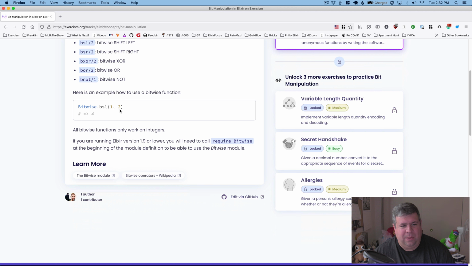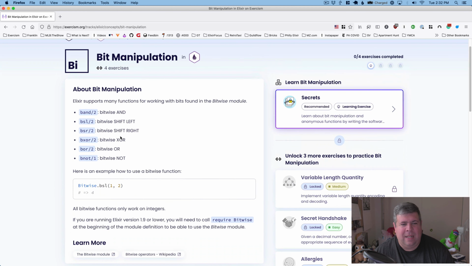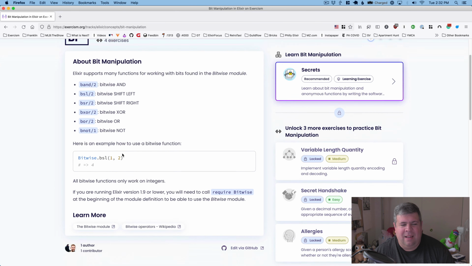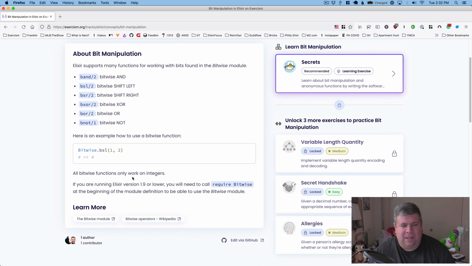Bitwise.bsl 1, 2 returns 4. All bitwise functions only work on integers. If you're running Elixir, you will need to require bitwise. So